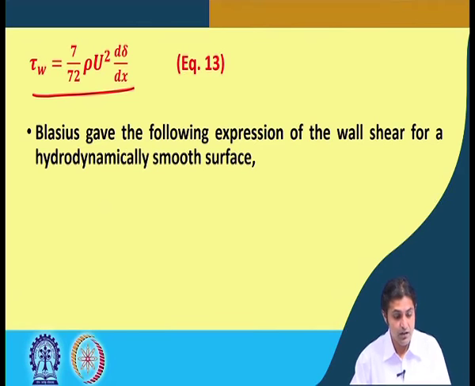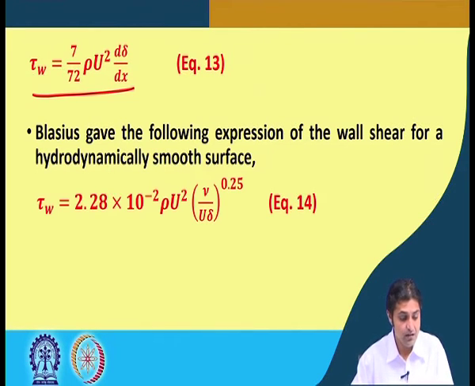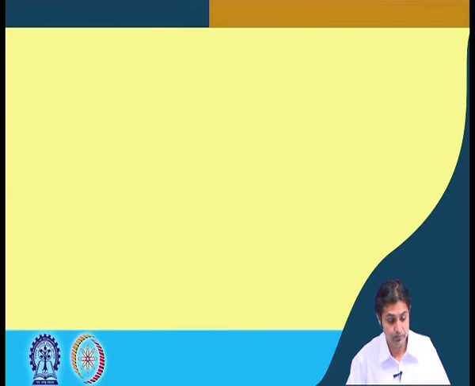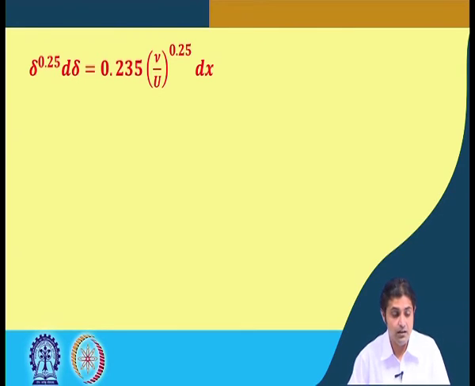Okay. Now Blasius gave the following expression for wall shear for a hydrodynamically smooth surface. He said that tau w is equal to 2.28 into 10 to the power minus 2 rho U square into nu by U delta raised to the power 0.25. This is another equation. Okay. Now if we equate both, okay,